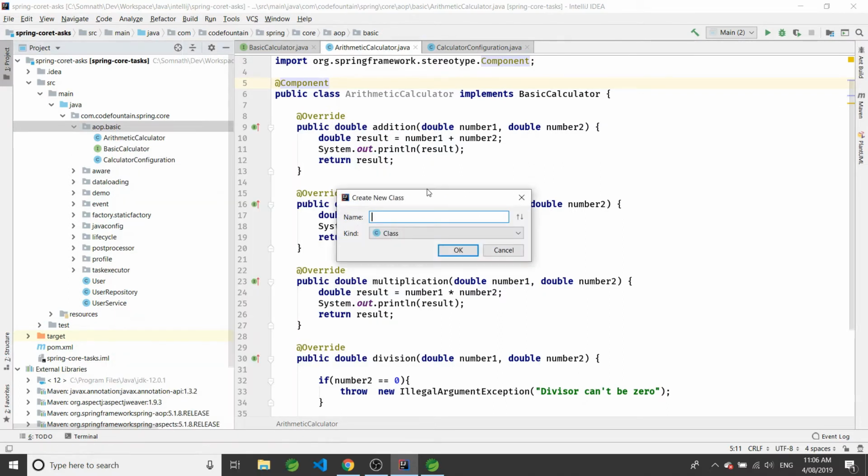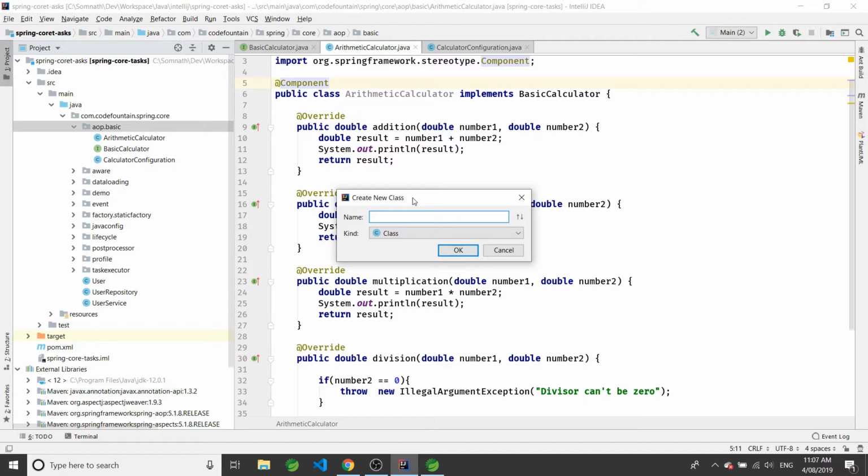And the last thing we are going to do is create our first aspect. As we have discussed earlier, an aspect normally takes care of concerns which cut across multiple types or objects or classes, right?